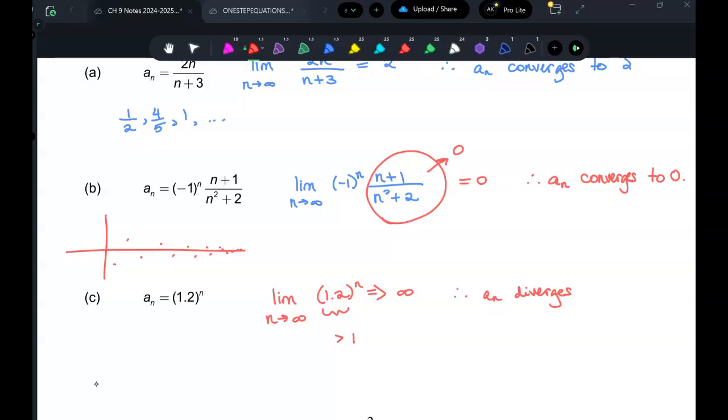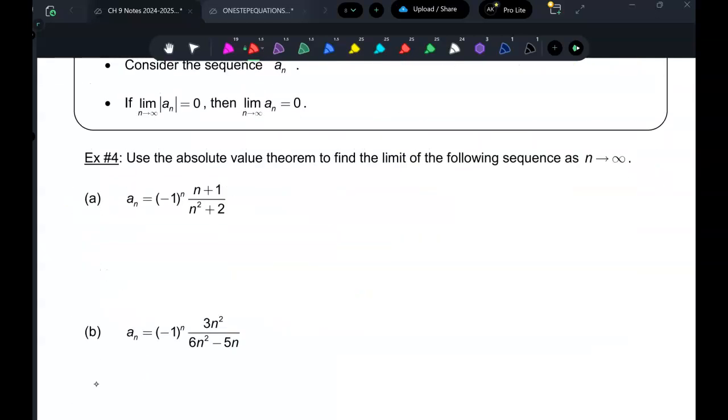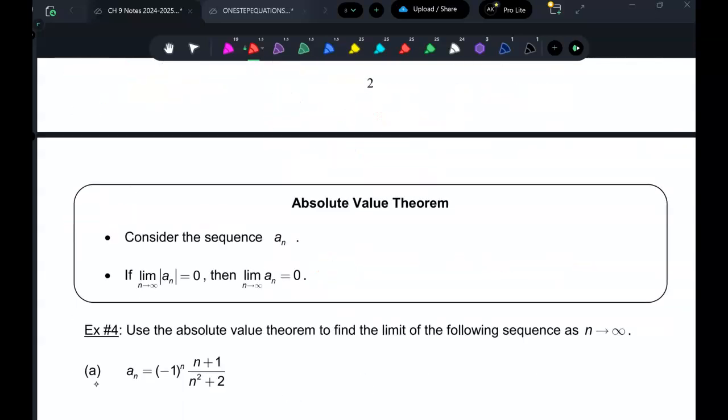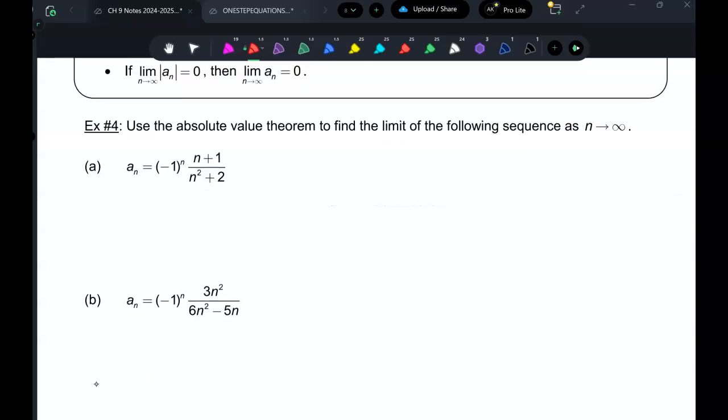It's the same thing. It goes to 0, converges to 0. I'm just showing to use the limit. So if it says use the absolute value theorem,